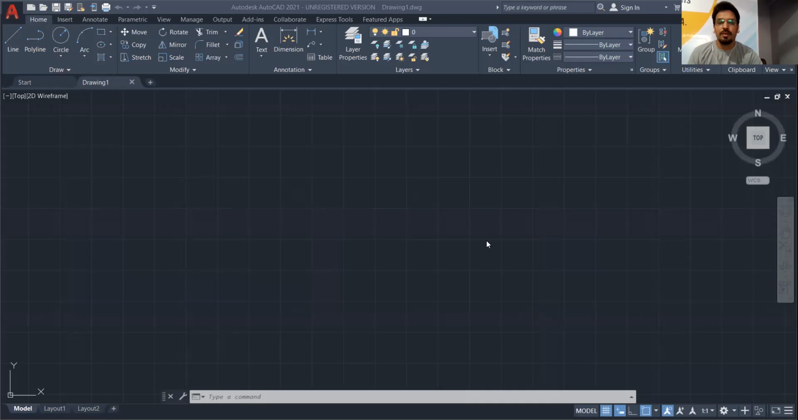Hello dear students, in my previous lecture I told you how a sheet is generated in AutoCAD. Now today we are going to discuss some more new commands of AutoCAD. But before starting the new commands,